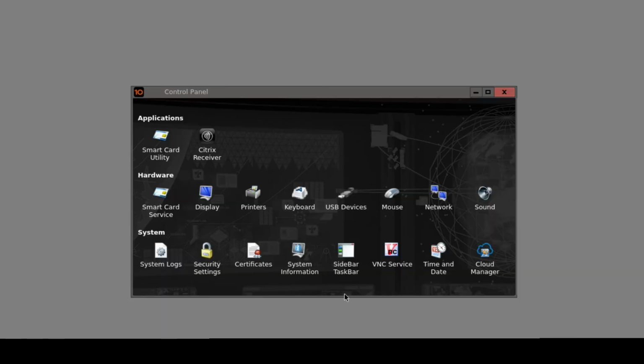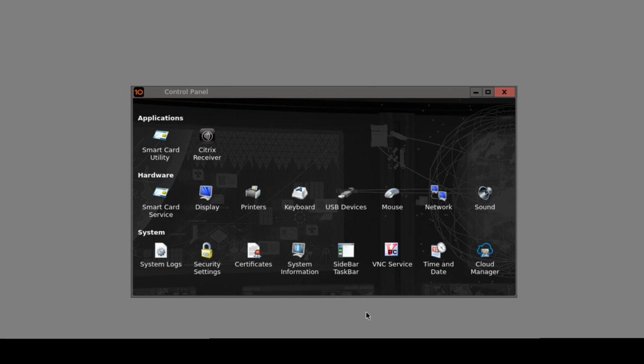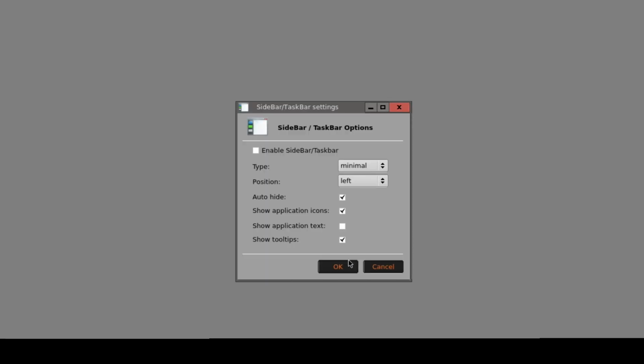So that's VNC. The Cloud Manager is where we can, in effect, configure the Zero client to connect to a cloud-based manager of your choosing for managing that over the internet. And then, I guess last but not least, is the sidebar taskbar. So the sidebar taskbar is there to support some of the more modern workplaces like Citrix Workspace and Citrix Cloud, where users are probably not necessarily launching desktops or just desktops. They might be launching more